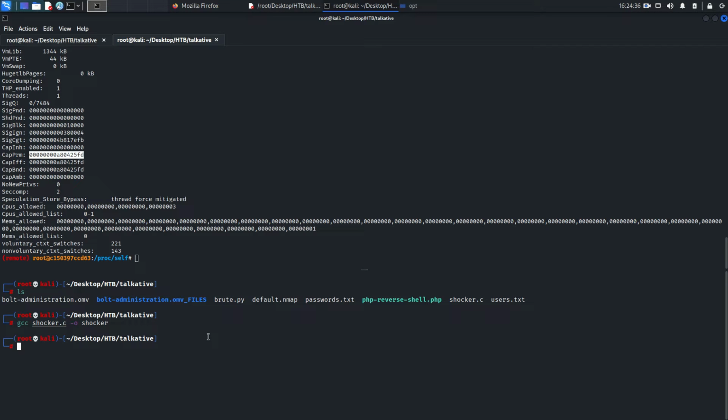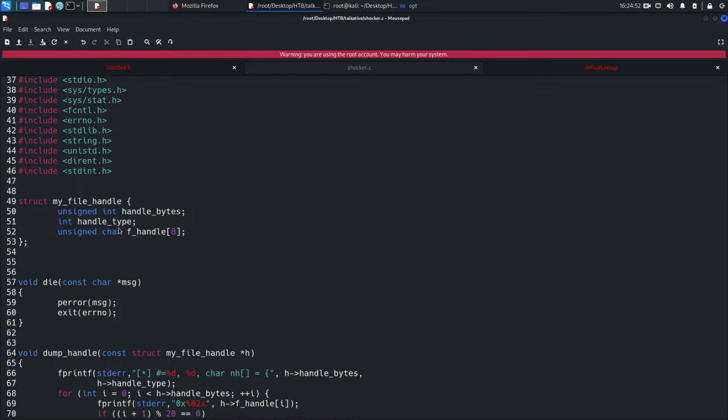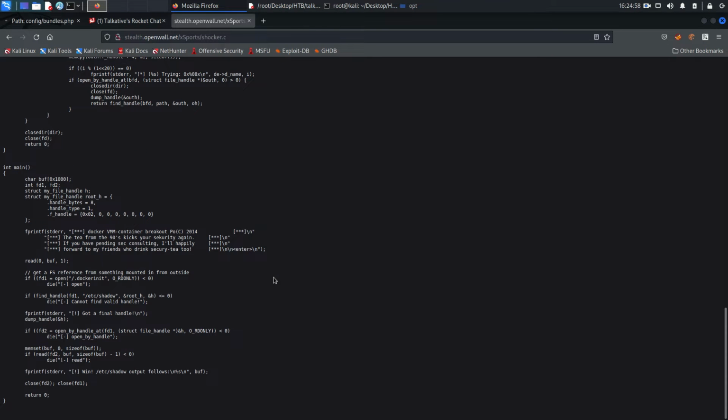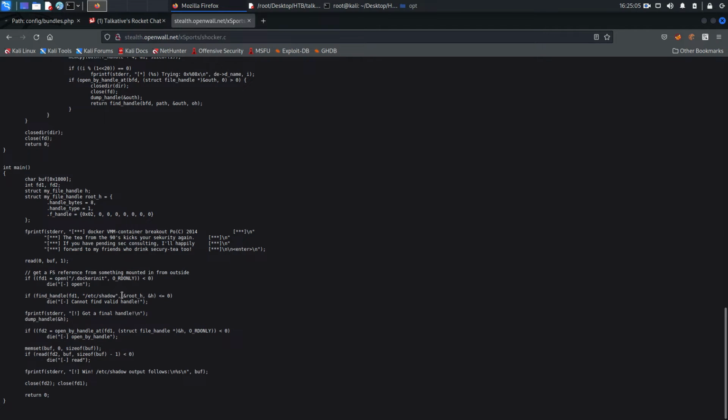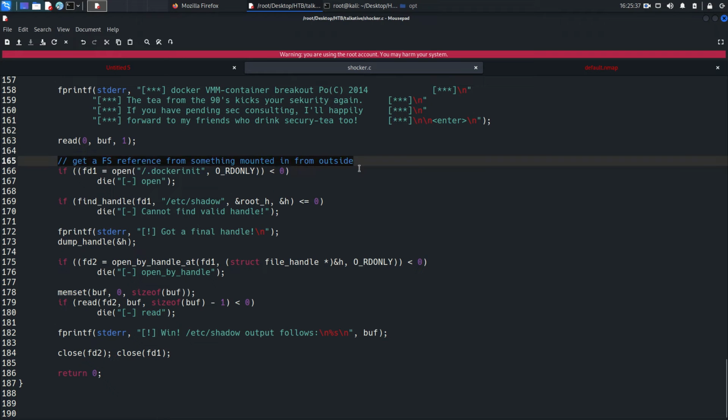But before that, actually, rm -rf shocker, clear, ls, shocker.c. I need to see the source, but here what you need to see, actually you can see this section, which is get a fs reference from something mounted in from outside. So come back here, go to the last, to that function, this function, and here I'm going to say,